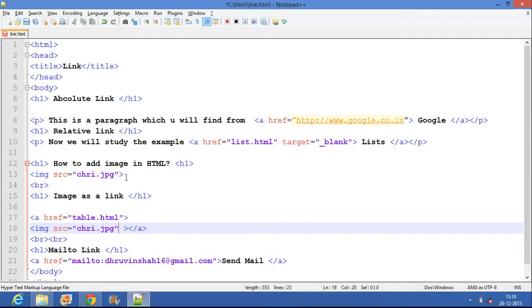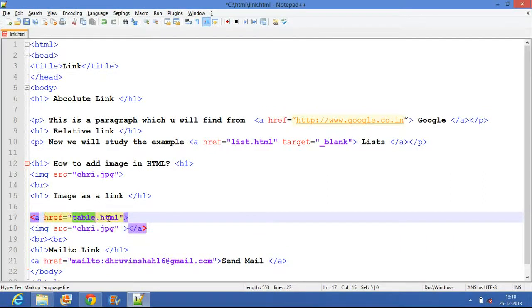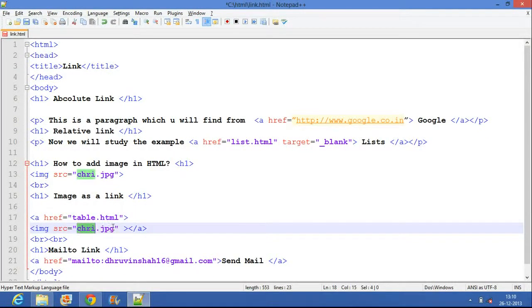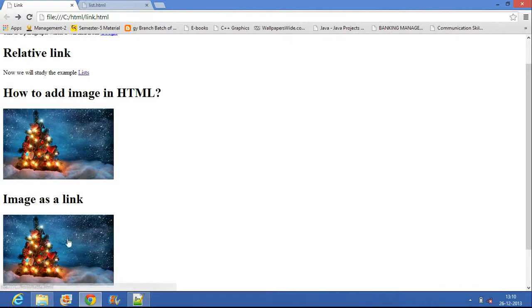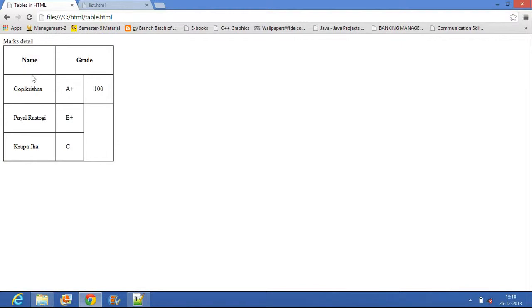Remember one thing: in the above example we typed href equal to table.html and then closed with /a, but here we are using an image, so we use the image tag here, that is img src equal to chri.jpg, then /a. Now I will save it and run it for you, the image as a link. Whenever I click on this image, look, this image does not have a link, but this image has a link. Whenever I click on it, it will show me this output.